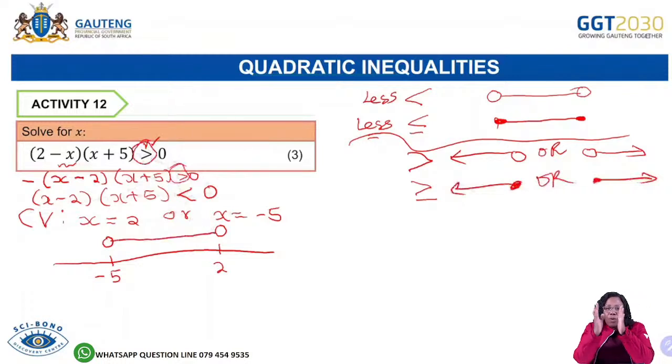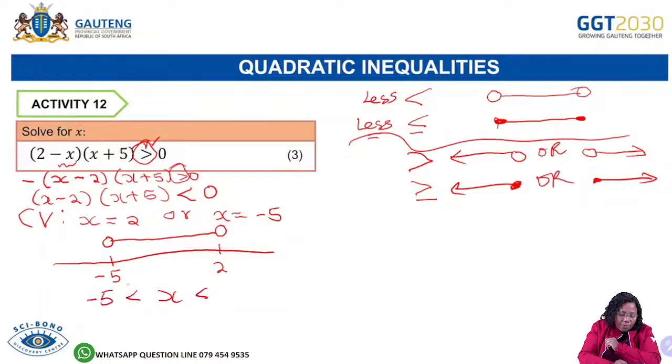So now if it's a combined solution, that means your x will be in between minus 5 and 2, because the solution is in between, grade 12. Okay, let's say